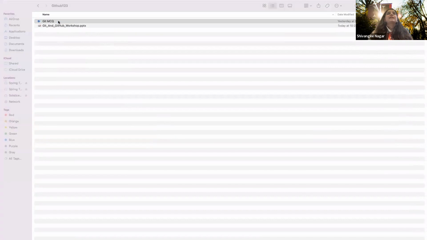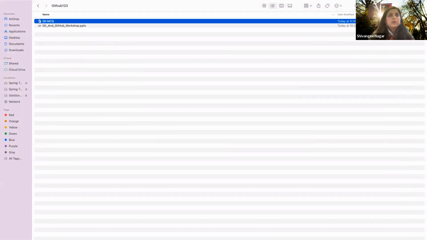I want to make some changes. Let's say I just go to this particular file and make an edit. I just save it and minimize it. And then I also add another file to it.